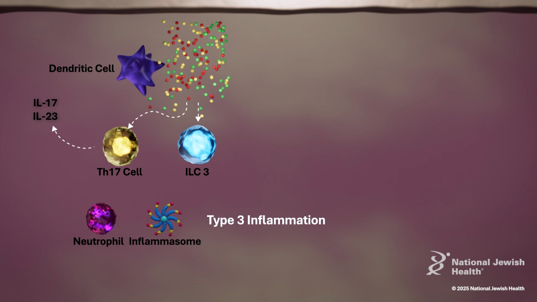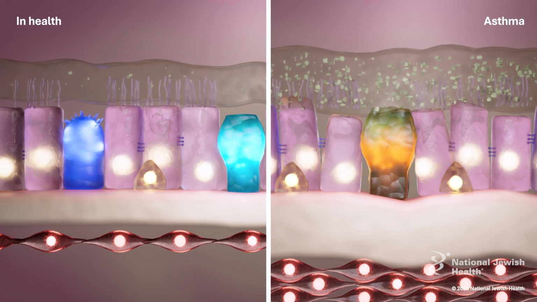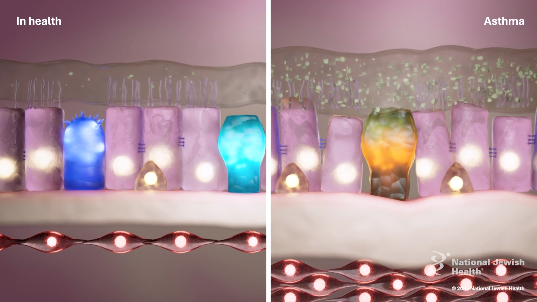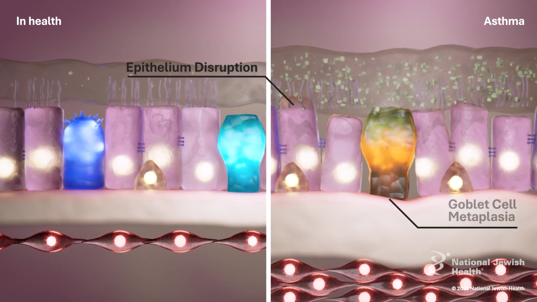In response to these stressors, the epithelium also promotes the release of IL-33 and TSLP and amplification of type 1 inflammation. As seen in the upper airway and in eosinophilic asthma, a subset of COPD is also characterized by type 2 inflammation and eosinophilia. Compared with the healthy airway, the asthmatic airway demonstrates disruption of the epithelium, goblet cell metaplasia